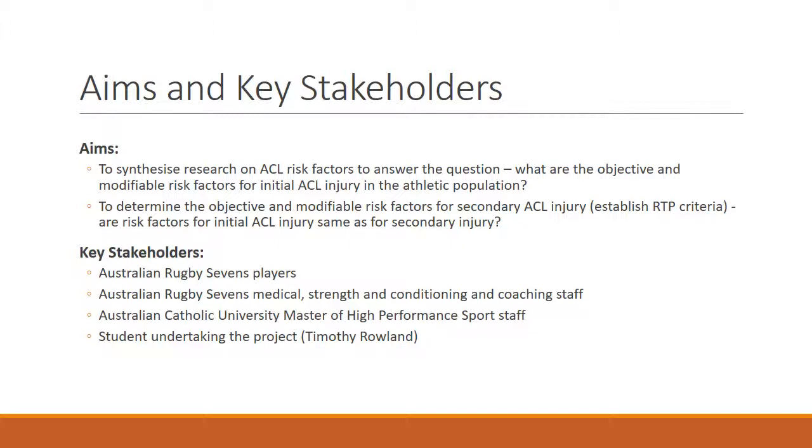In terms of the aims of it, I wanted to look at all of the research on modifiable ACL risk factors and try to answer the question, what are the objective and modifiable risk factors for initial ACL injury? And then I also wanted to look at the objective and modifiable risk factors for secondary ACL injury, so therefore to establish return to play criteria. And then I wanted to compare those initial and secondary risk factors to see if they're the same and see if it's the same sort of underlying neuromuscular control or biomechanics that might be involved in both. And I think that once we can determine these things,